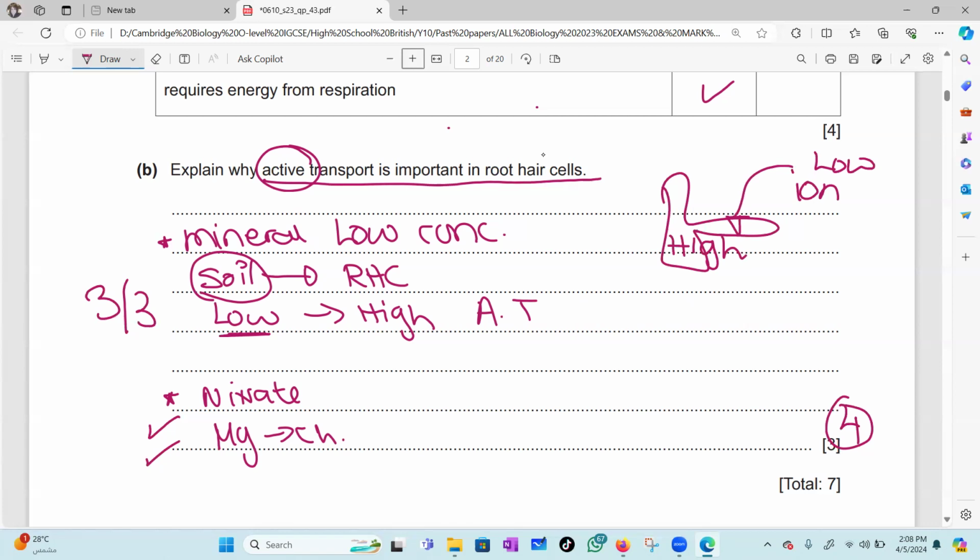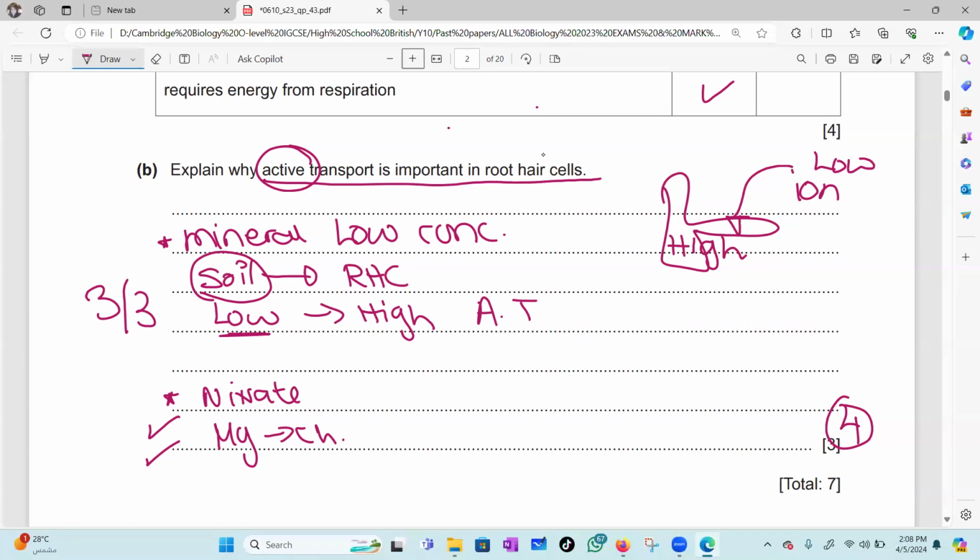The same thing, but I want to use the word water potential. The water potential will be high inside the root hair cell or outside the root hair cell? Outside? Yes, correct, outside. So if I want to add an additional keyword, okay, now you need to understand the